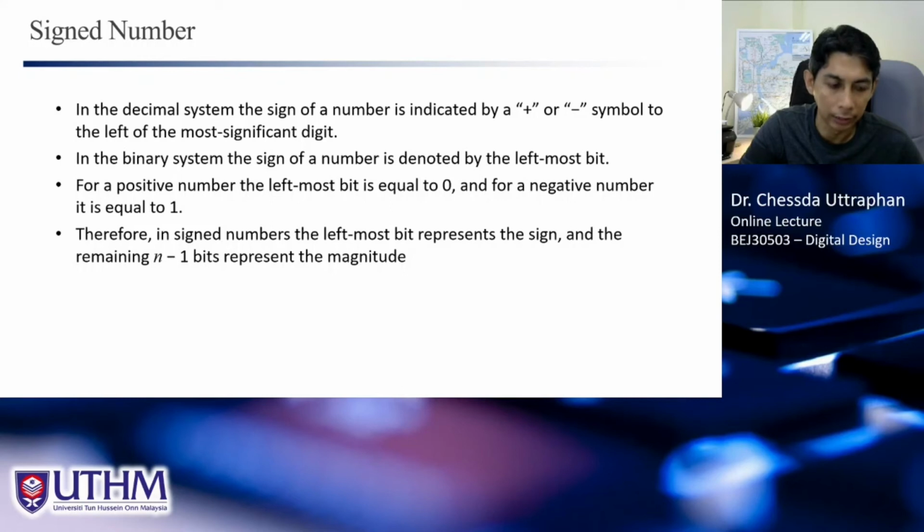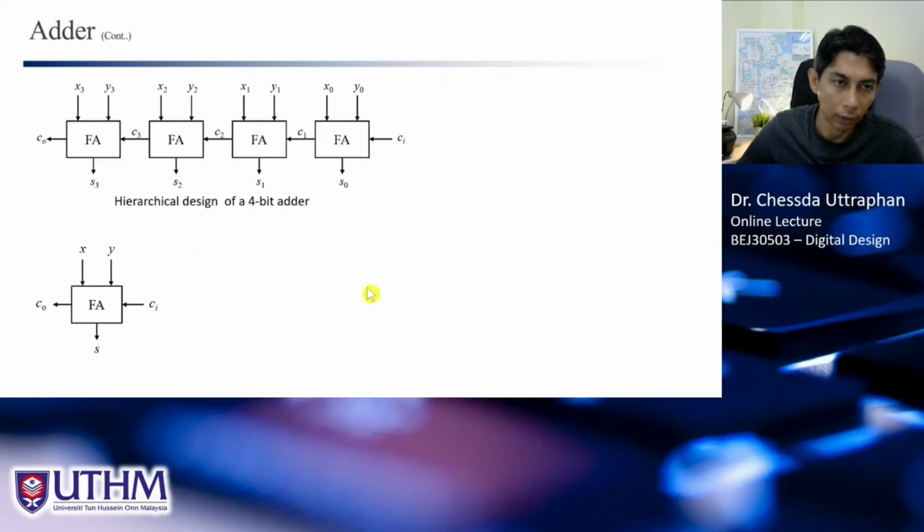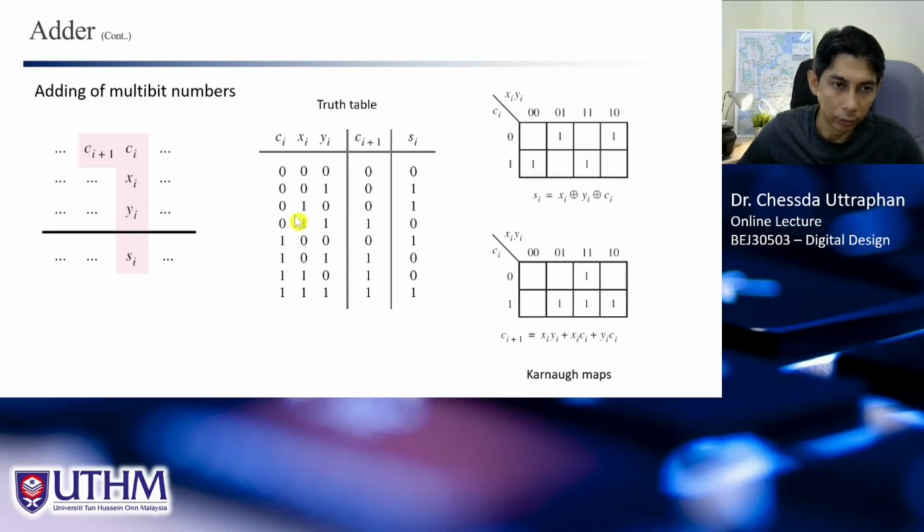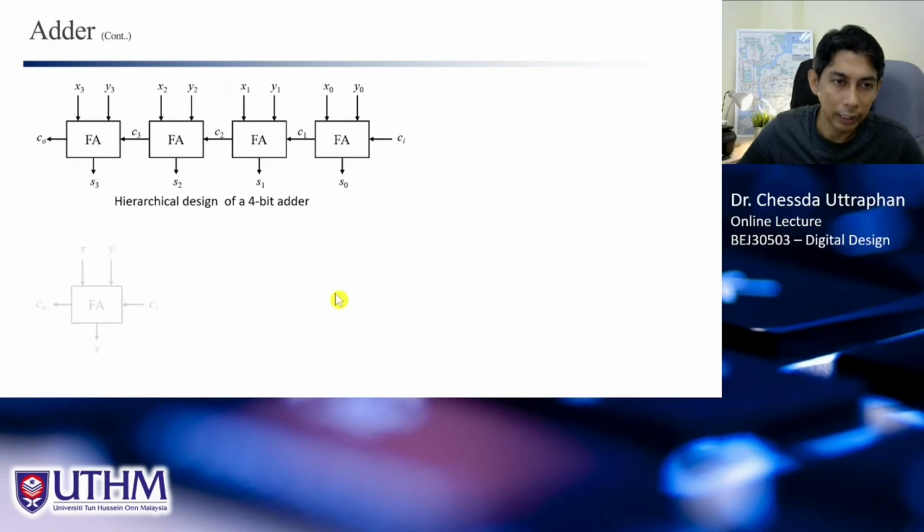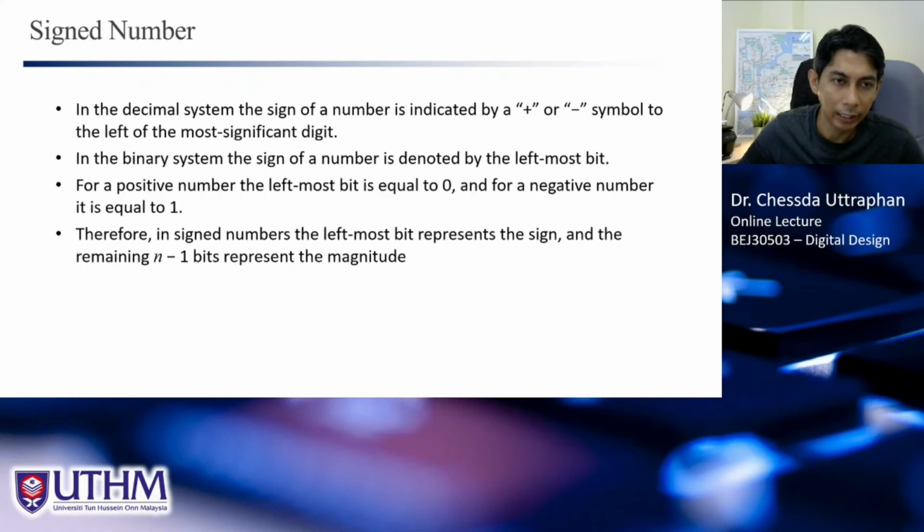Subtract is quite tricky if we want to design a circuit or create the truth table like the full adder like this. But the good thing is that we can actually manipulate the adder, right? For example, if we want to do the subtraction,